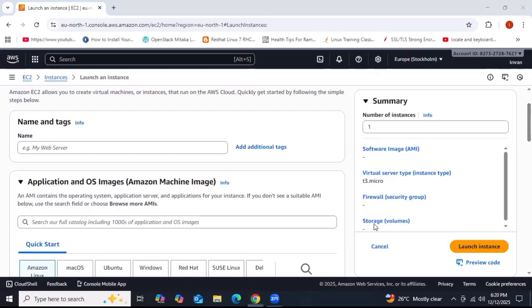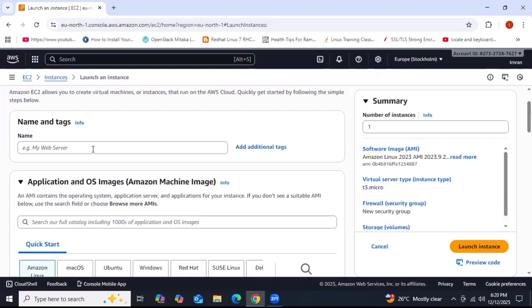In step four, provide the instance name and tags. We are providing one name for our virtual machine. Here we are providing the name Windows Server. Any name you can give, as you wish. Windows Server is the name we provided, right? And this is in step 4, first option. So second option,